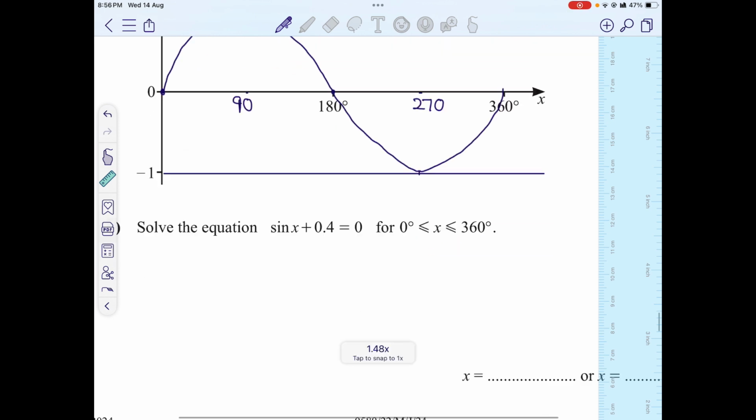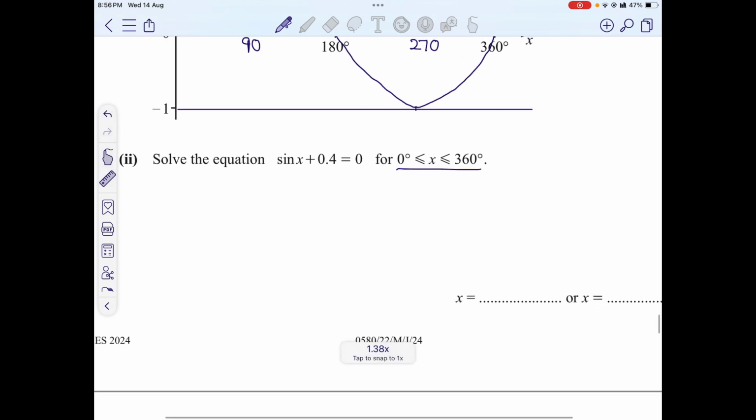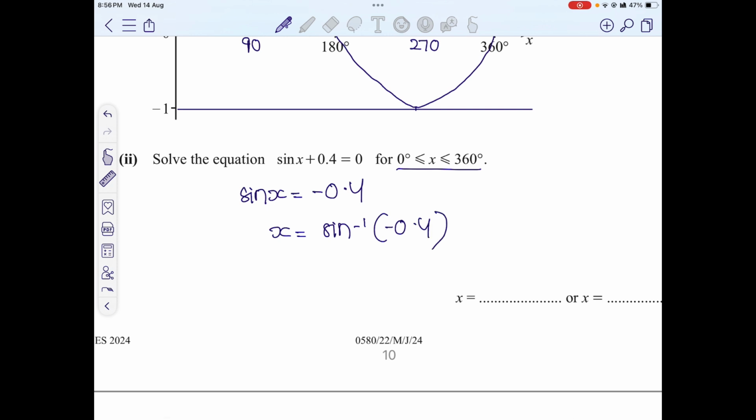Then it says solve the equation sine x plus 0.4 is 0, between 0 and 360 only. Negative answers in these questions are not accepted at any point. I need two answers. So sine x is negative 0.4. x is equal to sine inverse of negative 0.4. Sine inverse of negative 0.4 gives me negative